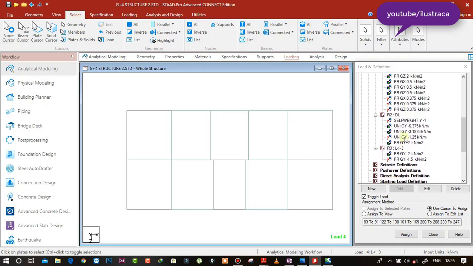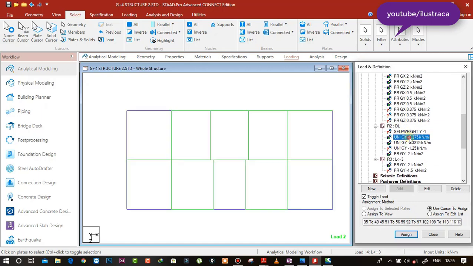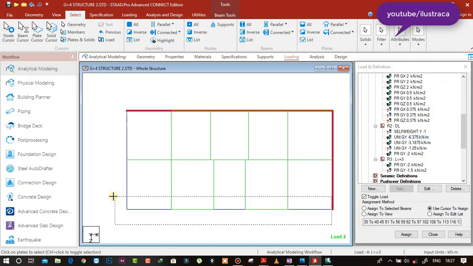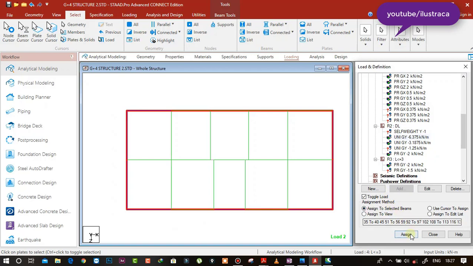Same here. Let us do it here. So beam cursor, select the outer beams only, and assign to selected toggle load, means going to change the loads, remove the loads, okay.